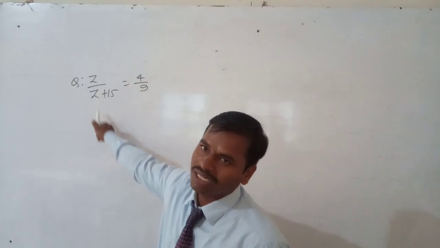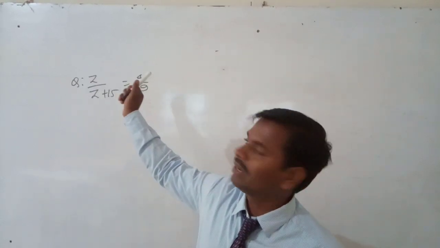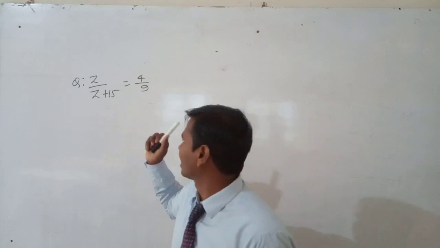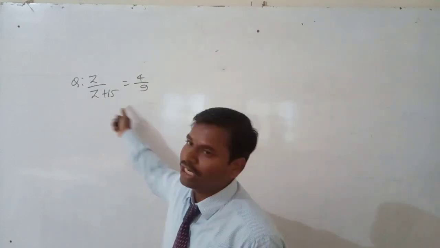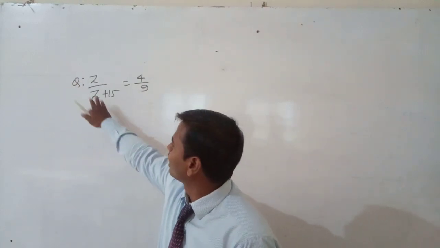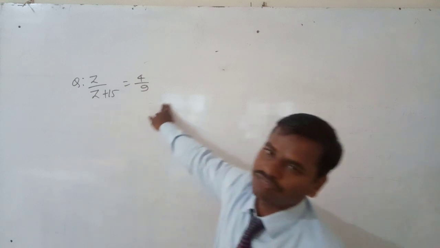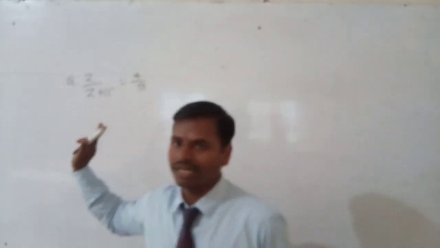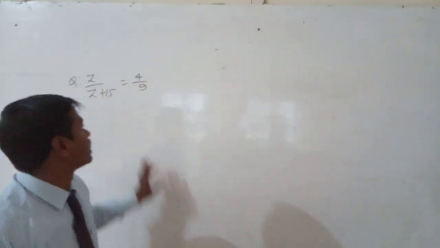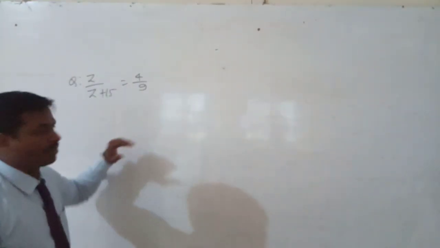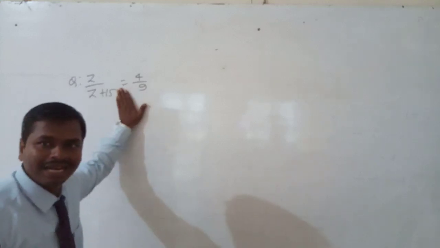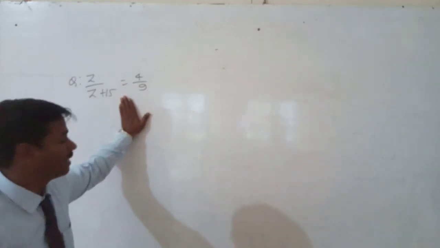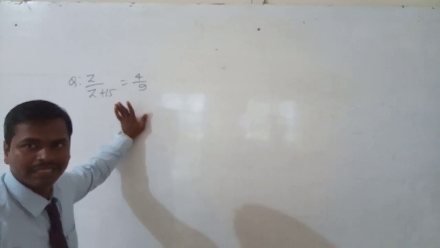Then it will become multiplication. Divided by 9 will become into 9 that side. Divided by z plus 15 will become into z plus 15 in this. Okay, we will shift these terms and simplify it now. Solve these linear equations. First we will convert to the standard linear equation. Then we will go on simplifying and find the z value in this equation.